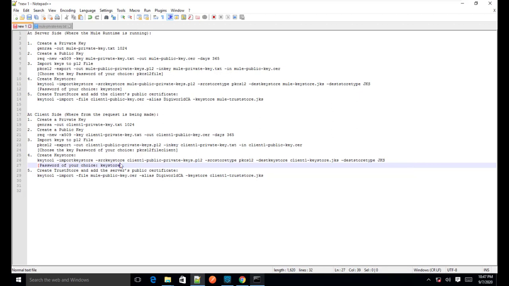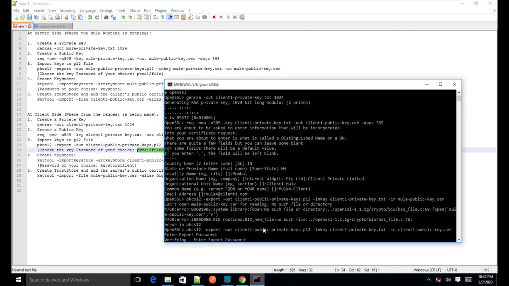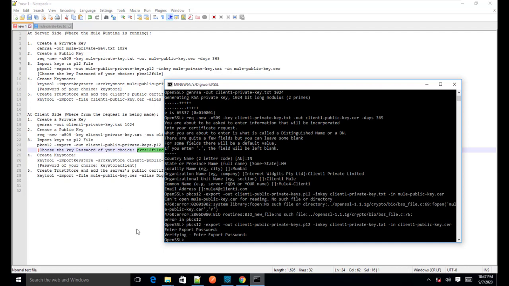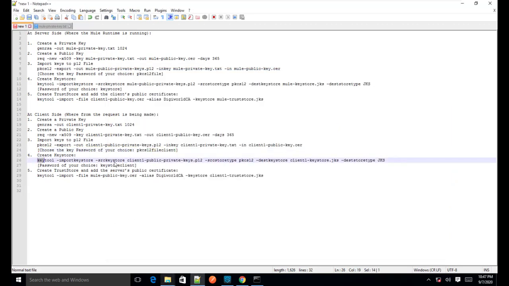So this is how I will use it. Let's give the password as this one. I have copied it, and I'll left click and press enter, then left click and enter once again, and we'll see that the P12 file is created, right? And now it is time for creating the key store for the client.